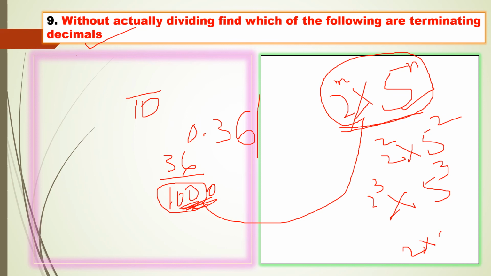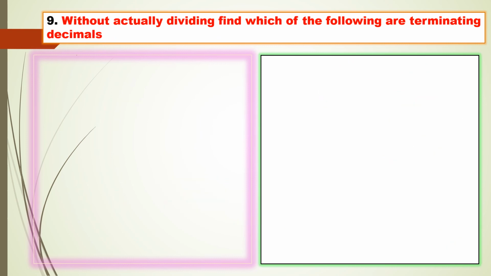So here the decimal form is terminating means the denominator should be in terms of 10 power. I'll tell you clearly: terminating means your denominator should be in the 10 power form. When will it be in 10 power form? When it is in the 2 power m into 5 power n form. Apart from these two, there should not be any number.